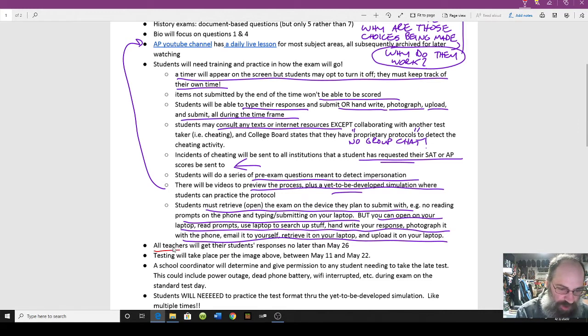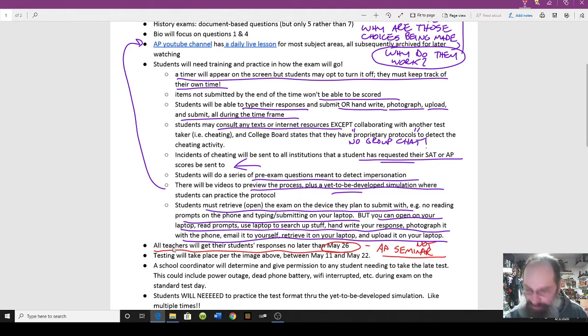All right. All teachers will get their student responses no later than May 26th. The exception is probably AP Seminar, which has until May 26th to submit their papers, which are independently scored.